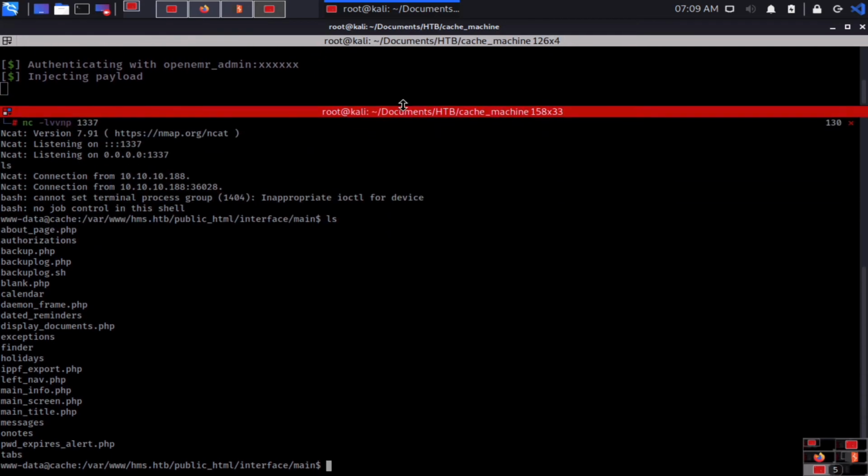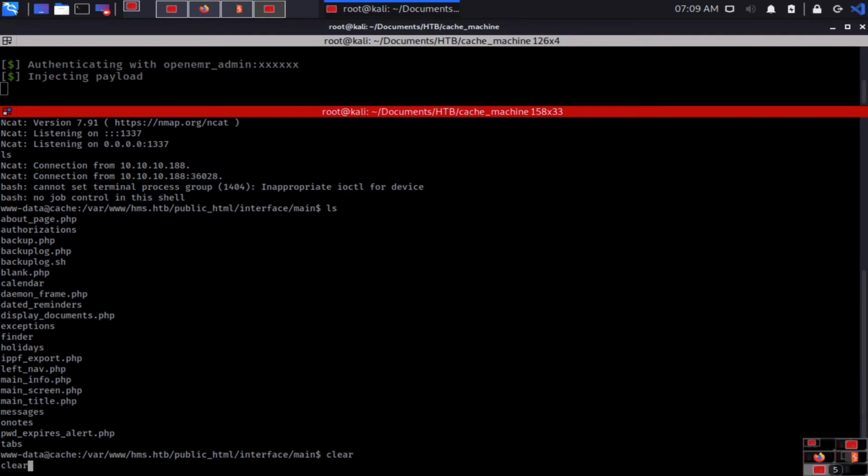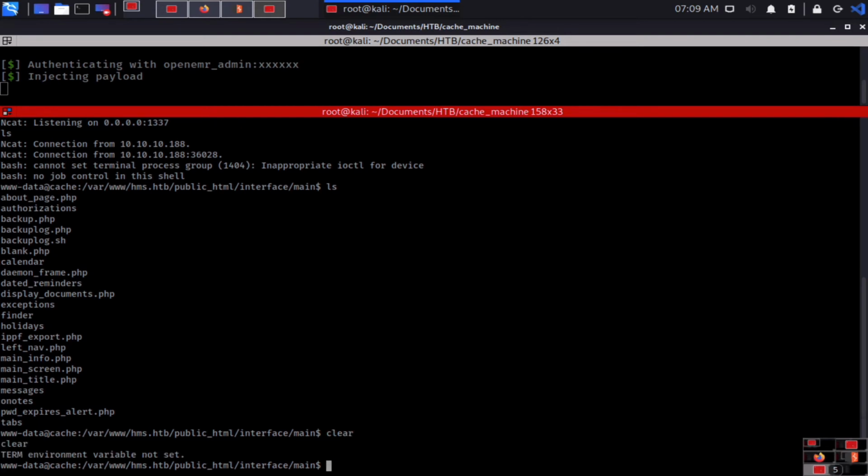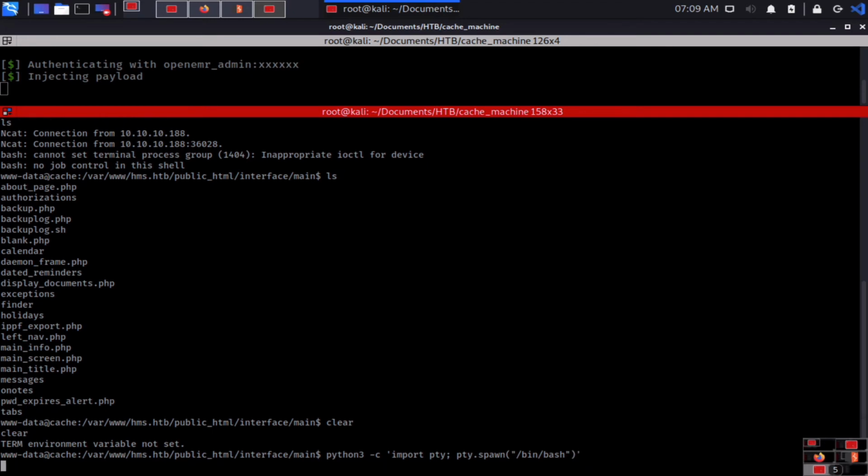Now you can see that when I type the clear command, it is not working. What I have to do is set my environment variable, but before this I can use python3. Then you can use python3 -c 'import pty; pty.spawn("/bin/bash")' and it is done.